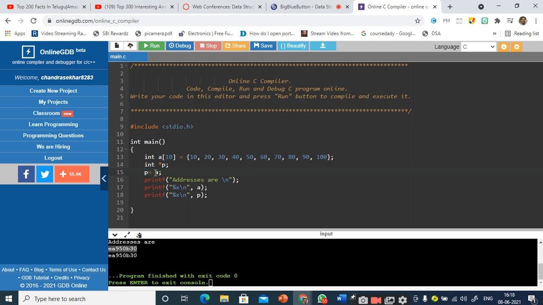Let us check your doubt. What happens when I put the address of operator? Both are same only, right? For example, I want to access the address of the 20th element. How can I access the address of 20? These are contiguous memory locations, right? So what should be the address of this 20? By looking at this one, what is the address?